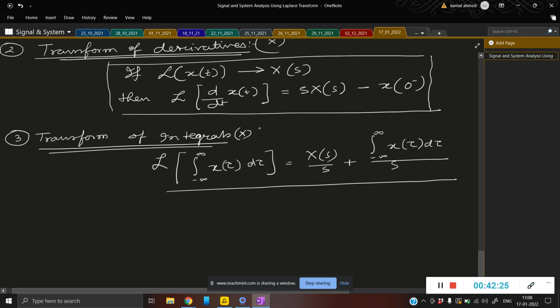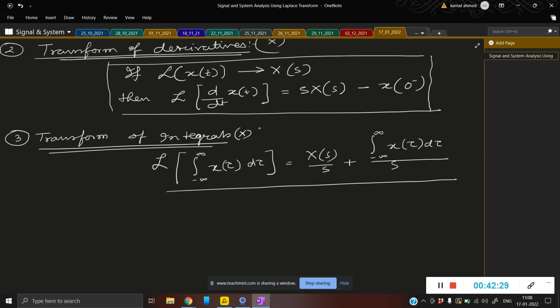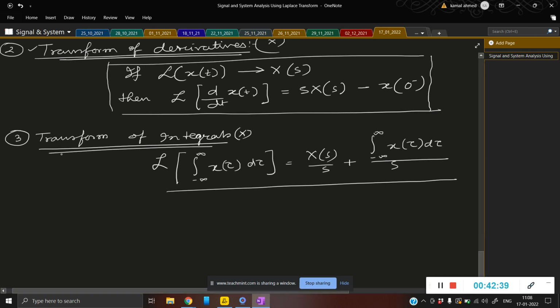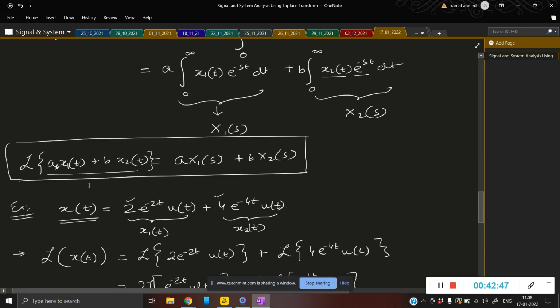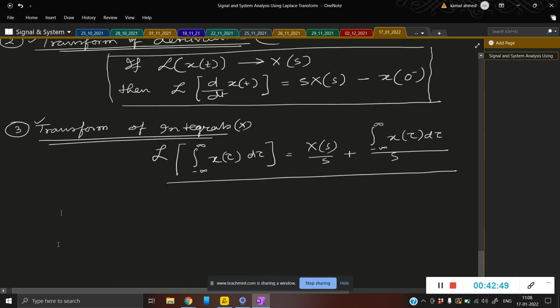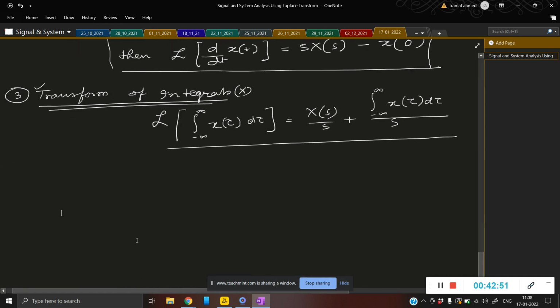Whenever you are going to study in higher education, like after BTech, if you are going to do the MTech part, there is a topic that is advanced DSP, and in this advanced DSP your transform of derivatives as well as transform of integral will be there. Okay, in BTech no questions come from here anywhere. The questions that mainly come are on your linearity property, and one more property, that is